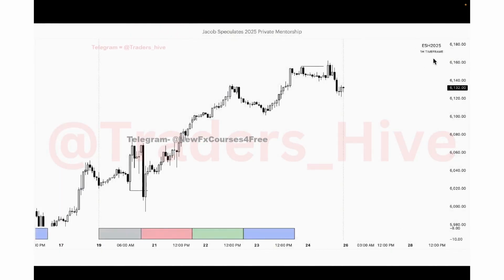And now looking at the chart, looking at the S&P on the 1 hour time frame and the specific week where that news took place, as you can see, Tuesday ended up creating the low of the week, while Friday created the